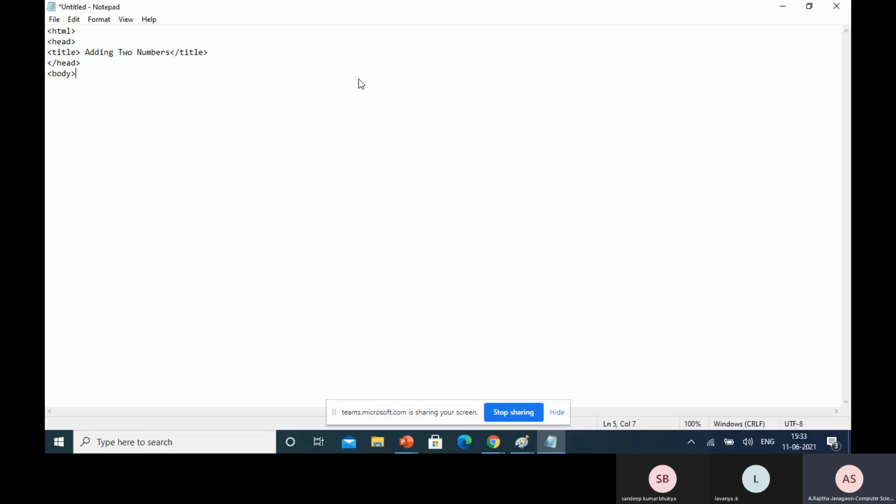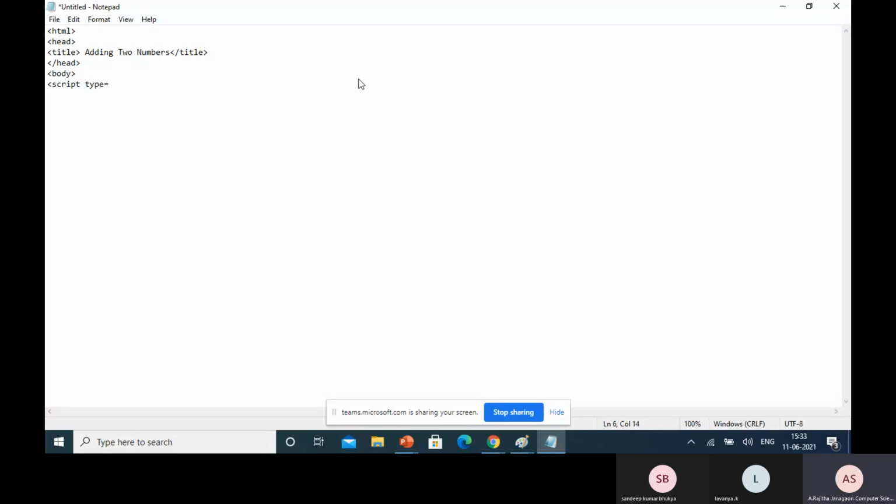Within that body, you can write the script. That script is for JavaScript, so you can use the script tag. Here you have to specify the script type.